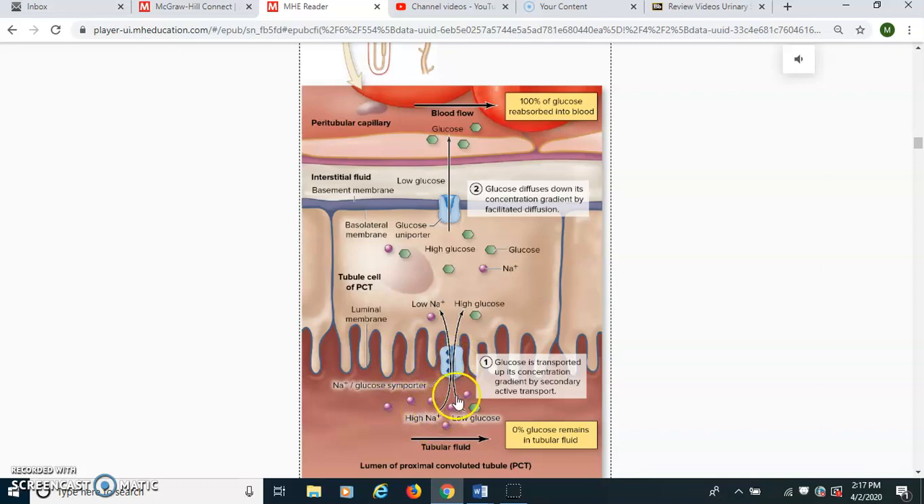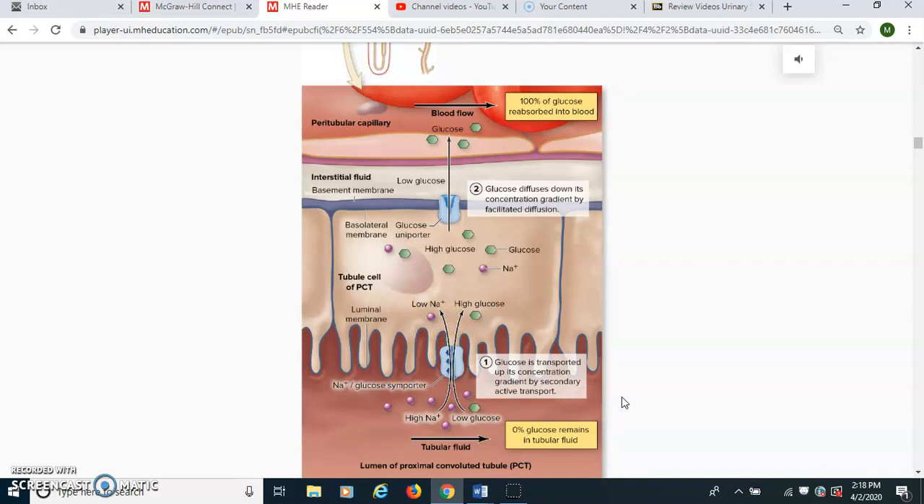And so that means if we have more glucose than that maximum number, all the glucose that can be reabsorbed will be reabsorbed, and all those little transport proteins would be saturated, meaning that they're completely bound by the glucose. But that means the extra glucose in the tubular fluid will not have a way to get reabsorbed, and it'll just keep flowing down the proximal convoluted tubule and make its way into